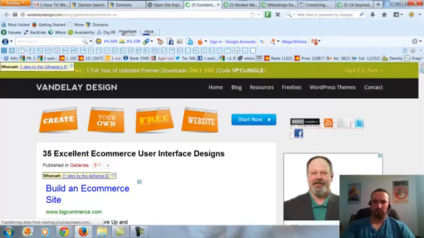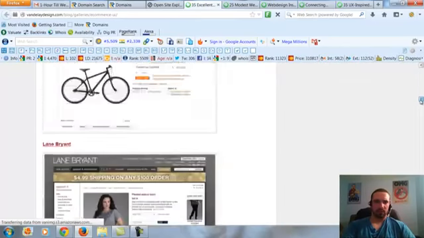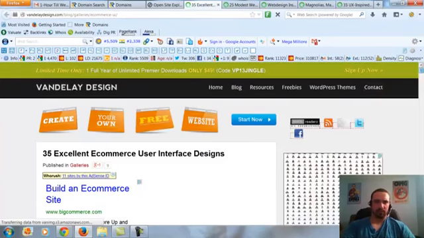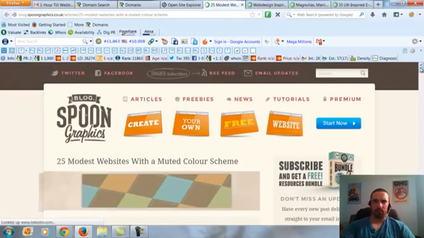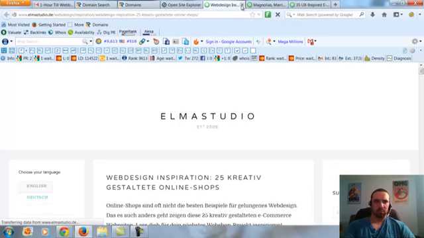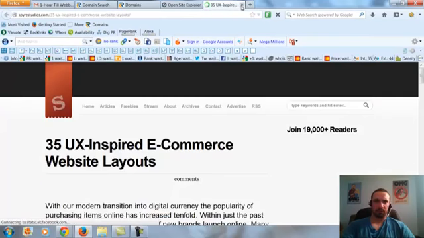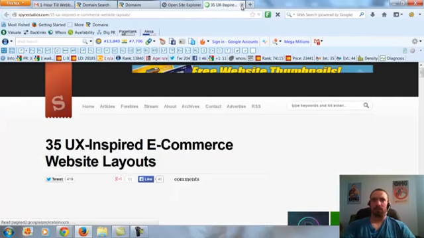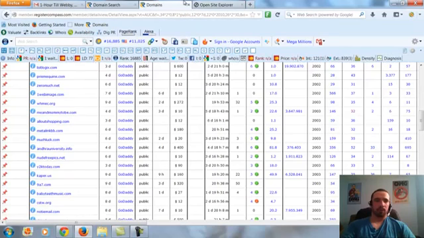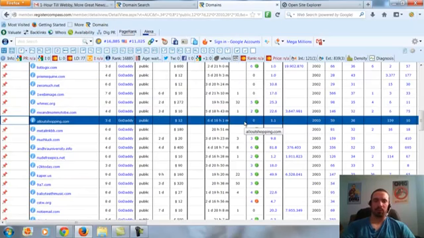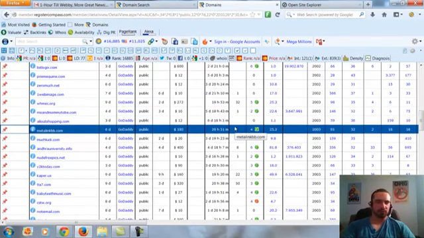So there's a PR2. See how many links are on the page. Looks like a lot of links. Another PR2. Again, looks like a lot of links. There's another 2. 2. And a 3. Alright, so I mean, the top 5 links were 4 2s and a 3. And that's a site I would pay $12 for any day. Okay? That's going to pass some link juice. Even though there was a good amount of links on most of those pages, it'll still pass link juice.